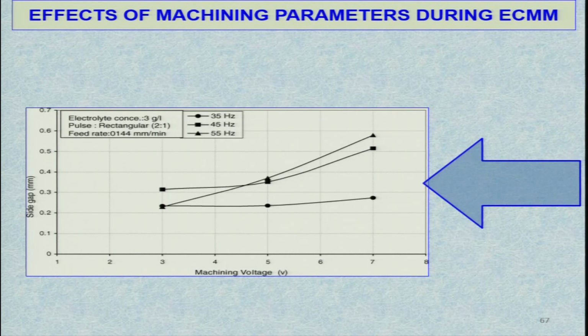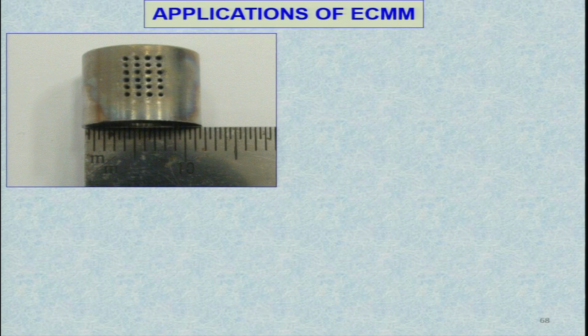Effects of machining parameters during ECMM process. You can see as the machining voltage is increasing, side gap is also changing, and it is increasing almost in all cases. They are using these conditions like electrolyte concentration, rectangular pulses are used, and feed rate is 0.144 millimeter per minute, and you can see this particular change in the side gap in all the 3 cases. Influence of machining voltage on unit removal rate. Now, you can see the kind of